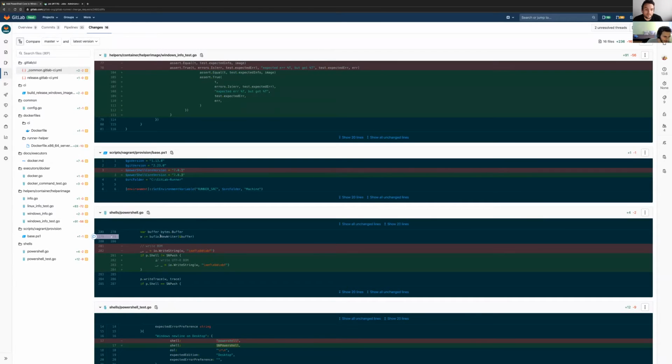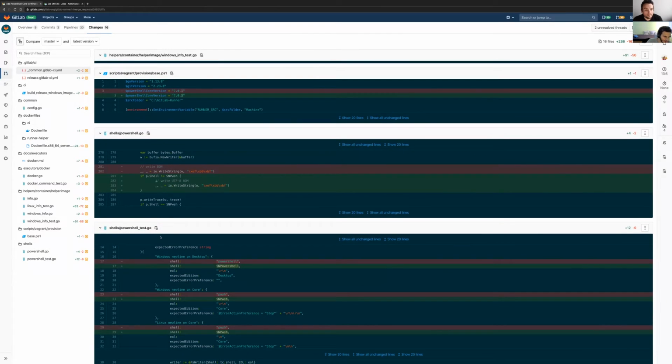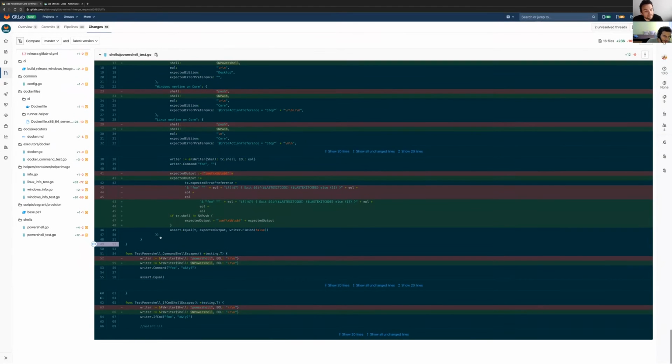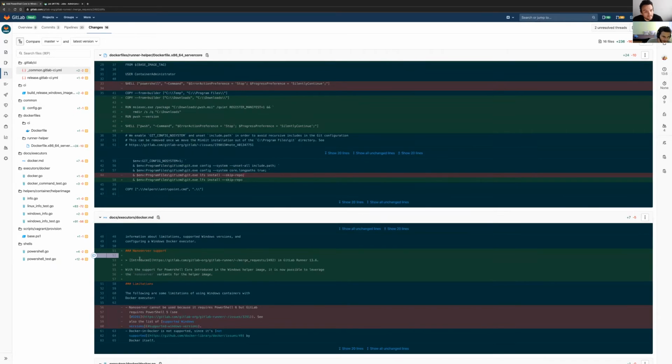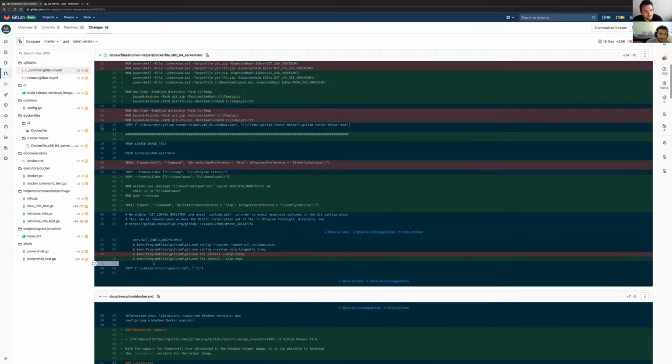I also saw a mention for Nano Server. I'm not sure what this means yet, but basically there are two types of Windows servers in the Windows ecosystem. There is the server core. Well, there's more stuff, but the two main ones are the server core one, which is the Windows Server edition,